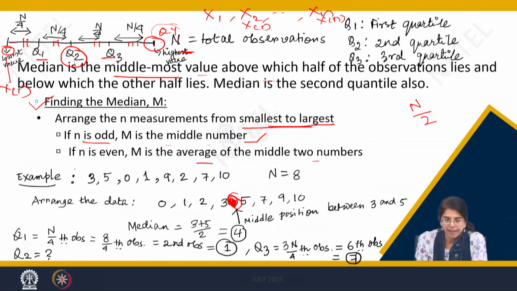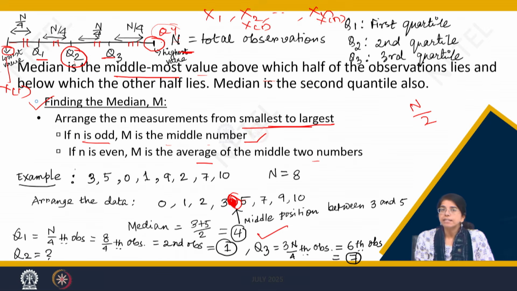You can see I am making one red circle. Since this position is vacant, because we have 3 or we have to take 5, then what will be the responsible figure which we can look at as the median? The basic technique is just take 3 and 5 both, make their average, and that will be your median. So, in this case 4 is your median.